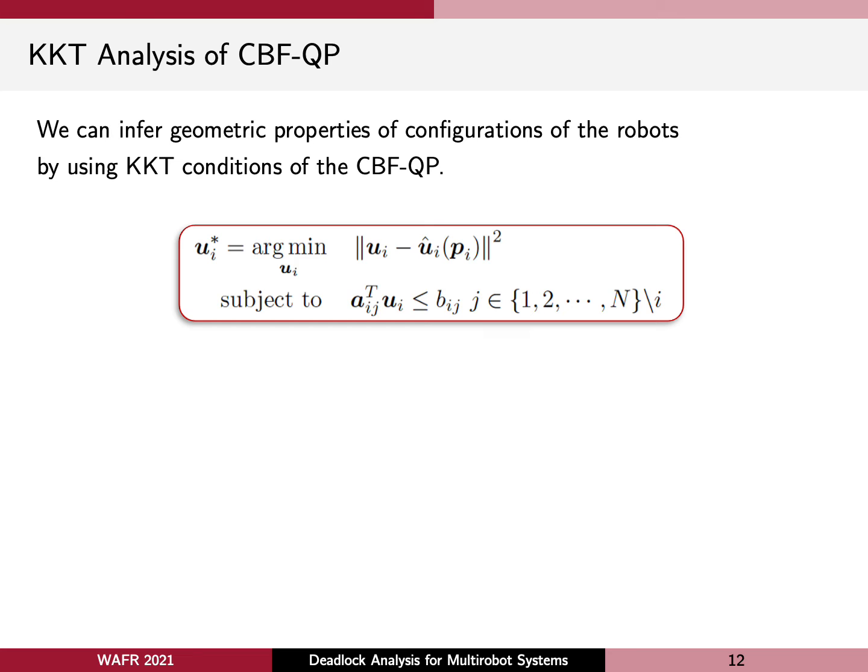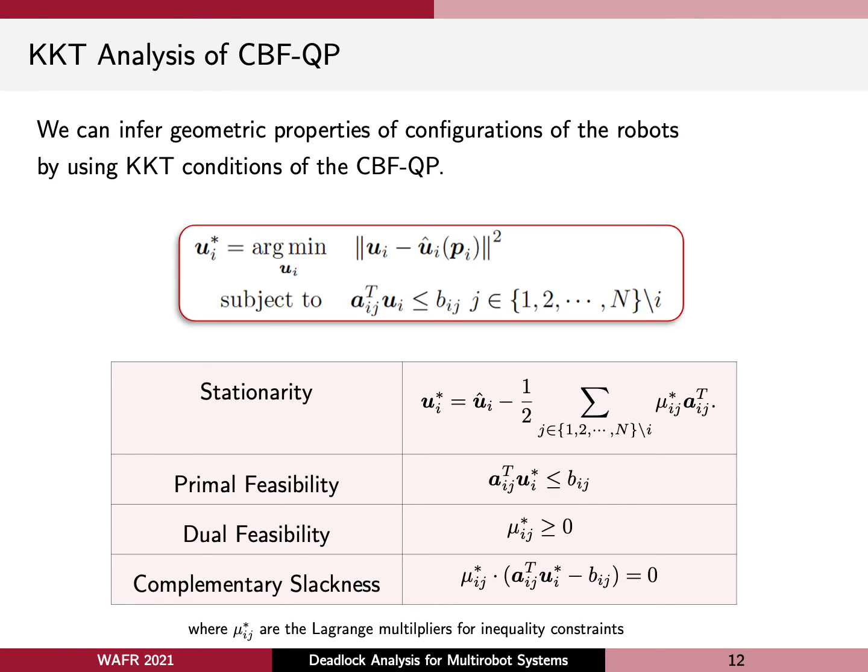Now, we know that whenever there's an optimization problem, the first instinct is to take its dual, or derive the optimality conditions, to gain some greater insight into its solution. So what are these conditions? Well, there's stationarity, which comes from setting the gradient of the Lagrangian equal to 0. There's primal feasibility, which is simply feasibility of the constraints of the QP. There's dual feasibility, which is that the Lagrange multipliers are non-negative. And then there's complementary slackness.